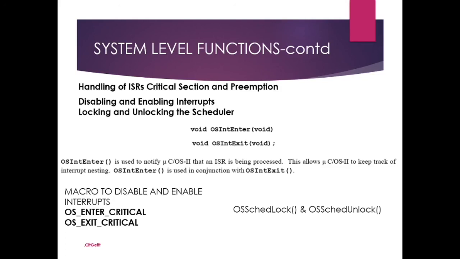There may be some task in our program which would be having lower priority, but we need to run that task without preemption. So for such a task we will be using two commands, which are OS schedule lock and